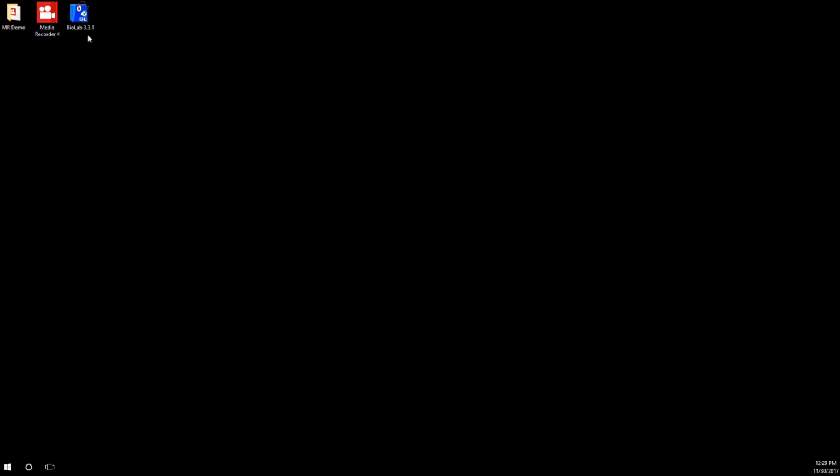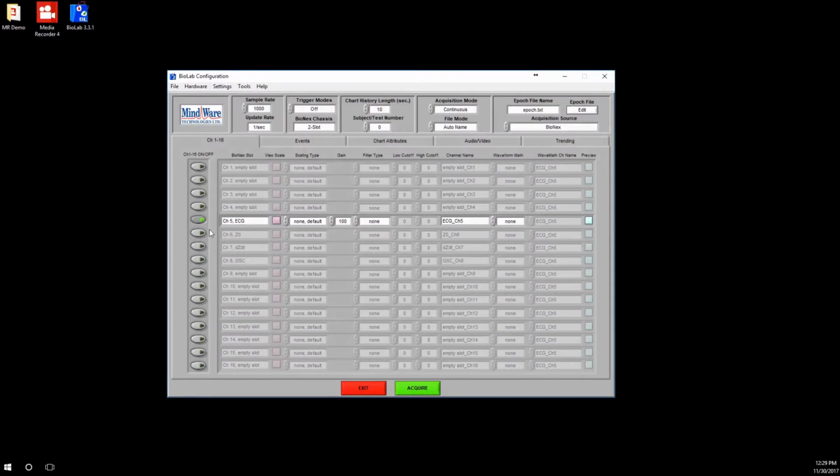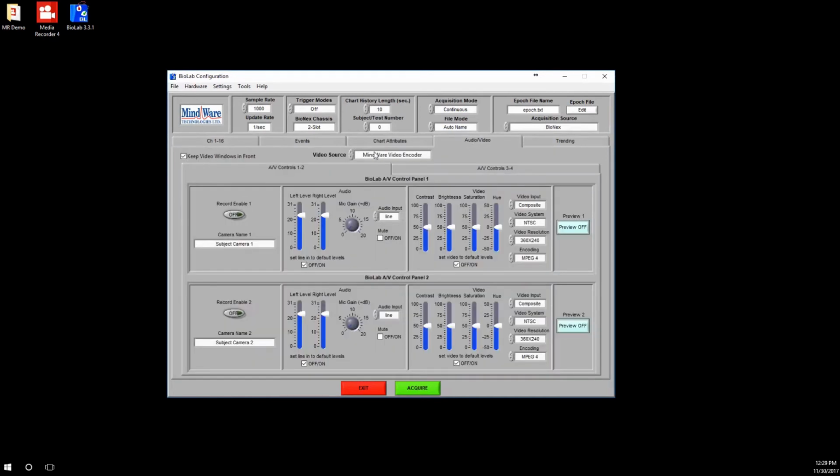and open up BioLab. So BioLab, I have it configured with a Bionex with a single channel here, just for demonstration's sake. On the Audio Video tab, by default, it starts with the MindWare Video Encoder, which is an analog video solution, but today we want to use Noldus Media Recorder. So I can just drop this down, grab Noldus Media Recorder,